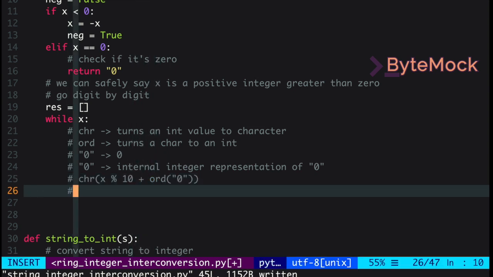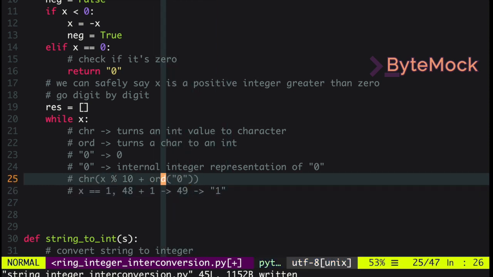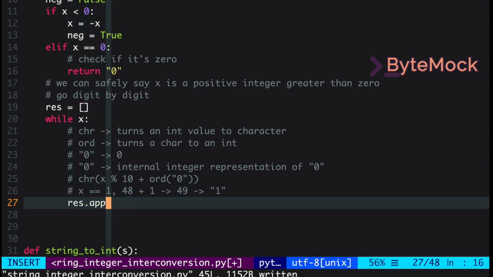So for instance, if x equals 1, then our inner value is going to be that 48 value plus 1, which is going to give us 49. And when that 49 gets converted back to a character, it's going to be converted to a 1. And that's what we need to use. So this ord of 0 sets the baseline. It takes whatever the integer value of 0 is, and then adds whatever the rightmost digit is. So we're going to say res.append,